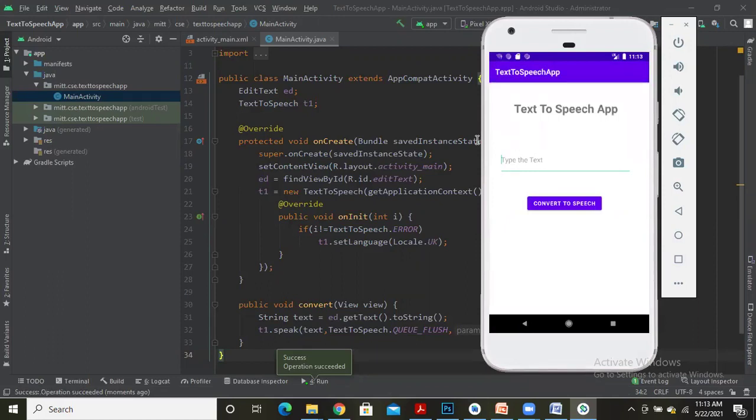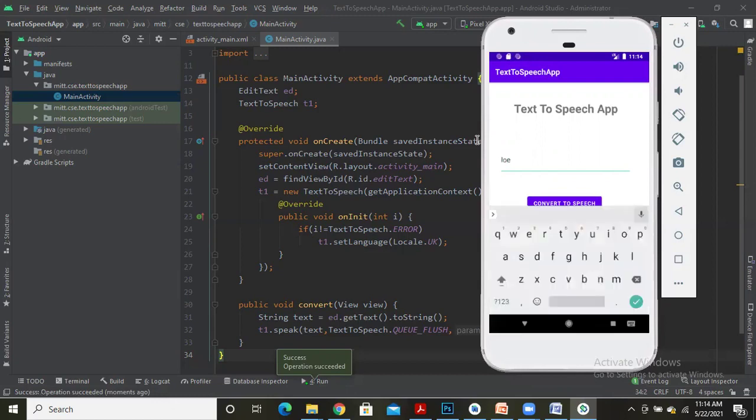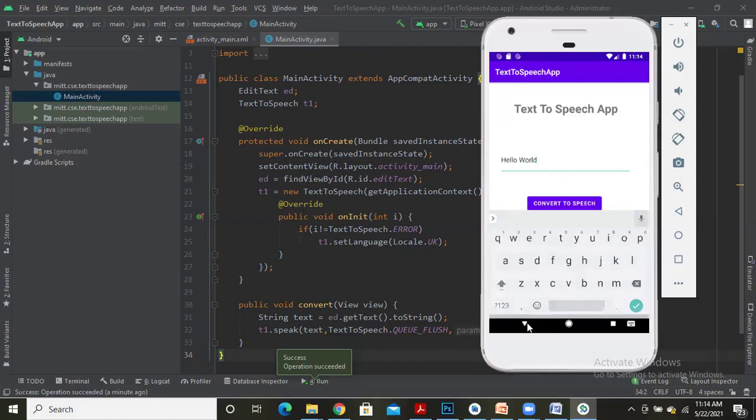So let me type hello world. I typed the text hello world into the text field.